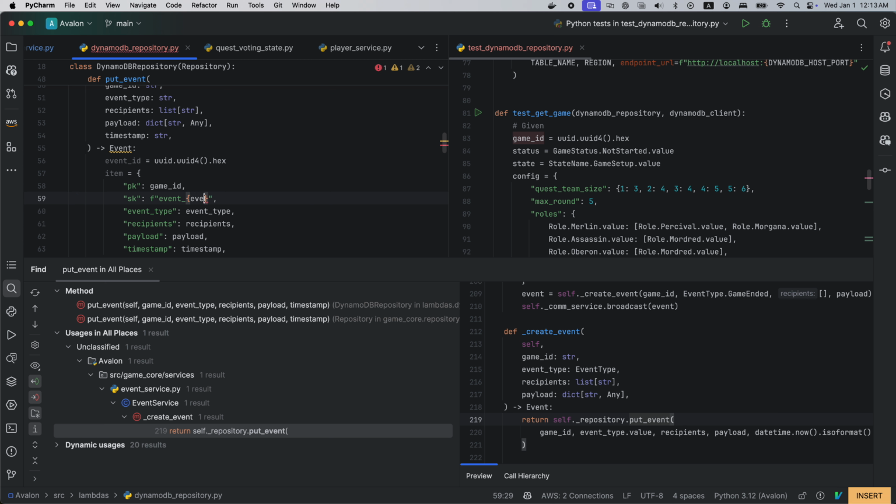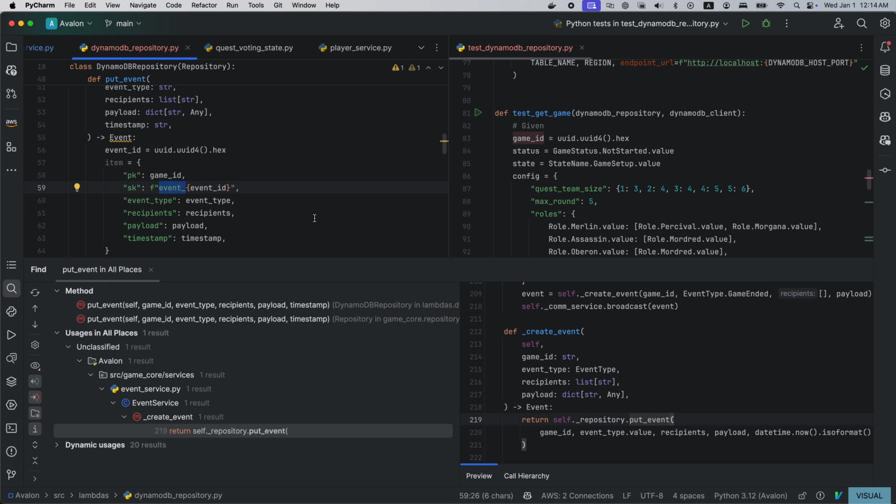So in this way, we could easily query all the events of a game. All we have to do is query primary key equals to game ID, and the sort key starts with event underscore. So yeah.